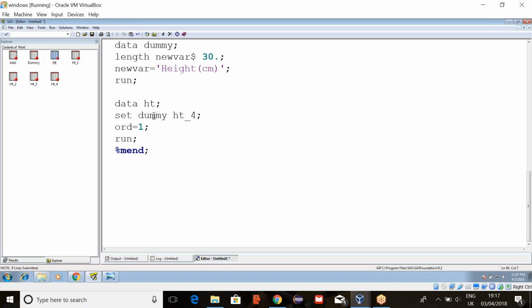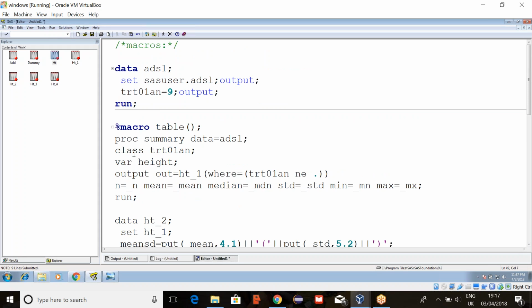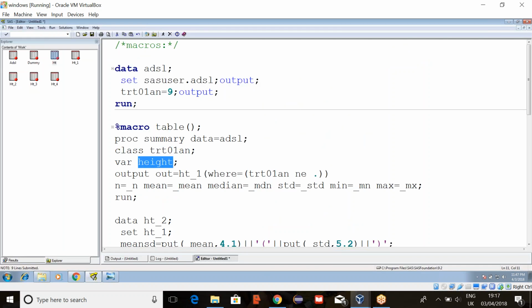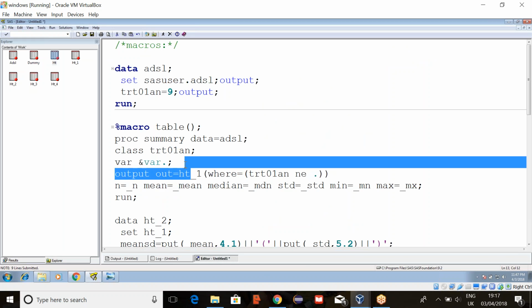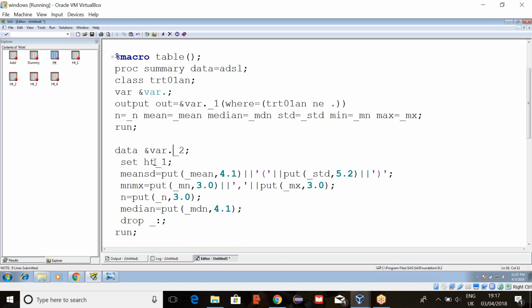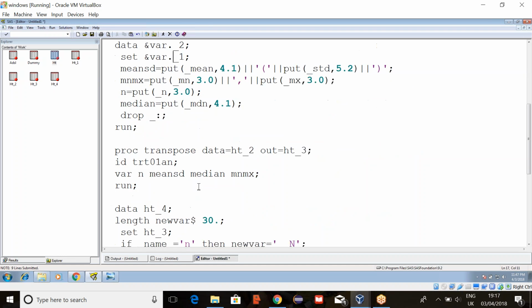Now here, all the three times the dataset name is the same, right? For all the three variables. And the classification variable is also the same. It's treatment. But this variable changes, right? So here I'll declare a macro variable var. If it is height, I want to create height1 and the rest are the same. Weight1, BMI1 like that.